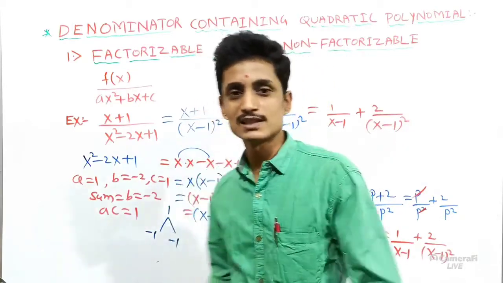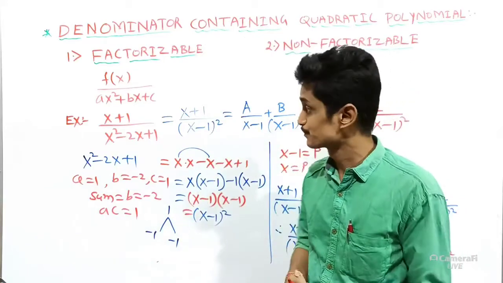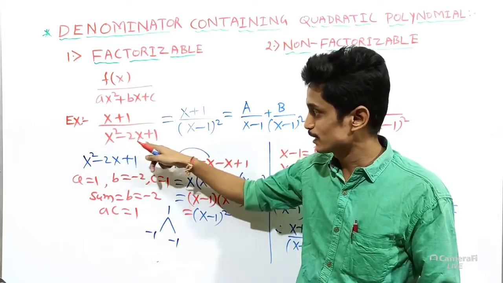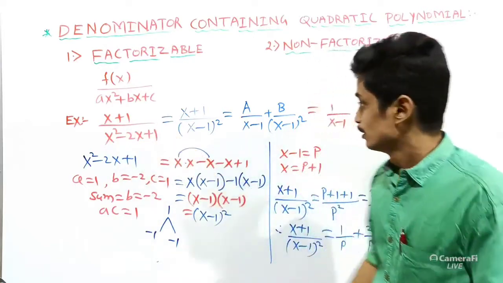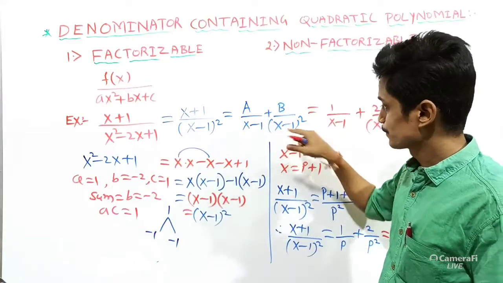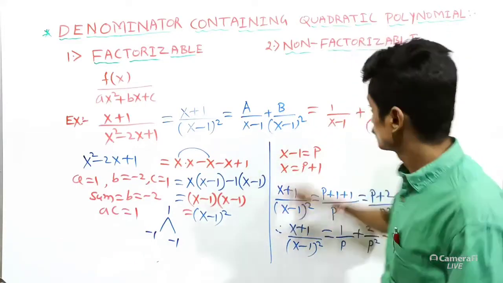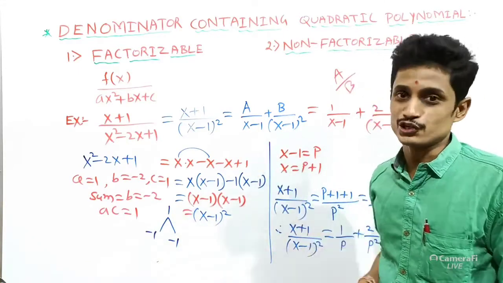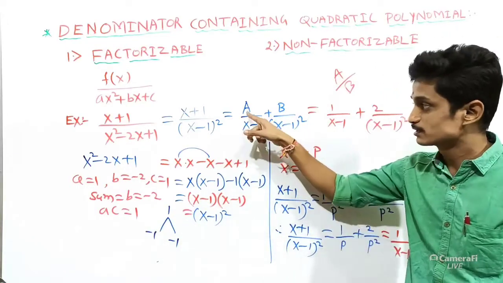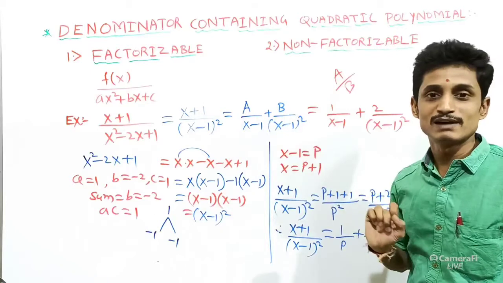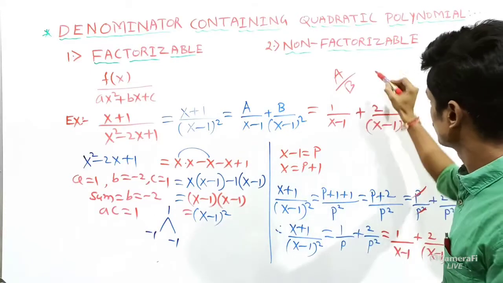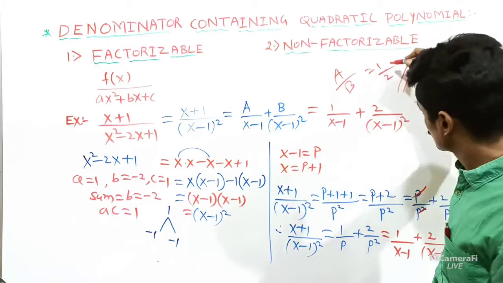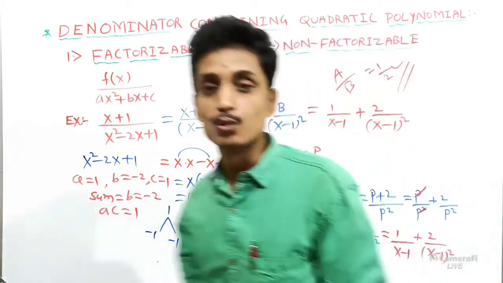Sometimes in a bridge competitive exam, we'll use the question x plus 1 divided by x square minus 2x plus 1 is equal to a divided by x minus 1 plus b divided by (x minus 1) whole square. Then what is the value of a divided by b? Like this we will modify the question. At this time you compulsorily need the value of a as well as the value of b. What is the value of a here? That is 1. What is the value of b here? That is 2. Hence in the options you just have to mark your answer: 1 by 2.